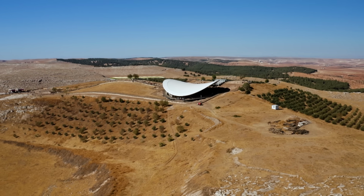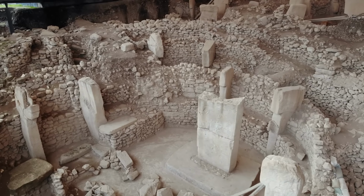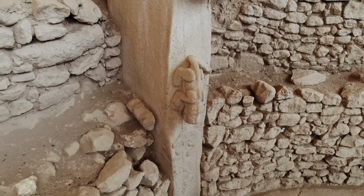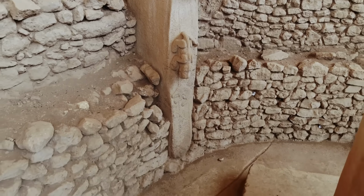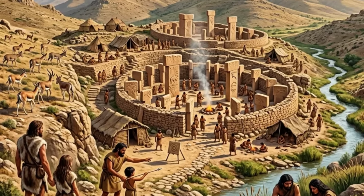The people who built Göbekli Tepe were thinking, they were planning, they were problem solving. They identified a hilltop with no surface water and engineered hydraulic infrastructure to make that location habitable. They built grain processing infrastructure capable of feeding a sustained population. They sealed the working surfaces with lime-based composite, and they carved the ecology of their environment, including the seasonal flood cycle, into the structural architecture of the site itself. That's not primitive. That's not hunter-gatherers stumbling into something they didn't understand. That's modern human cognition, working with modern human planning and execution capacity. The only difference is that they were operating in a constrained world. But the brain was there, the math was there, the systems thinking was there,